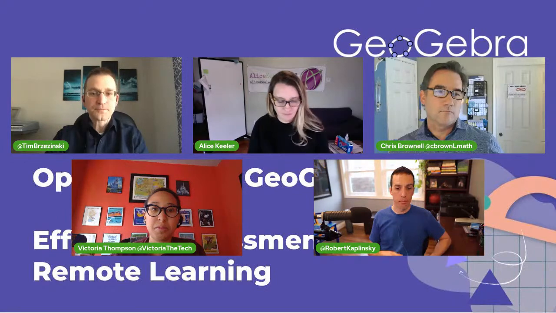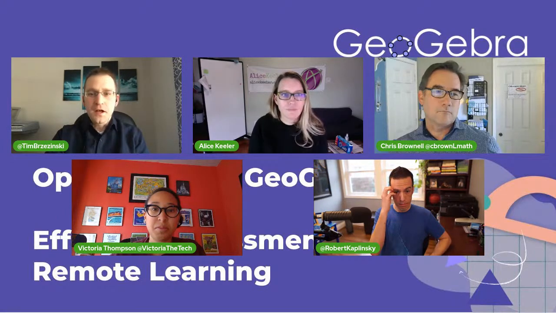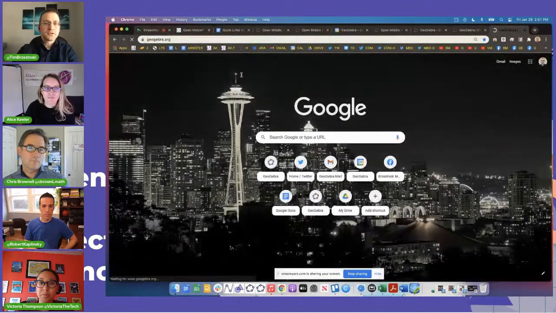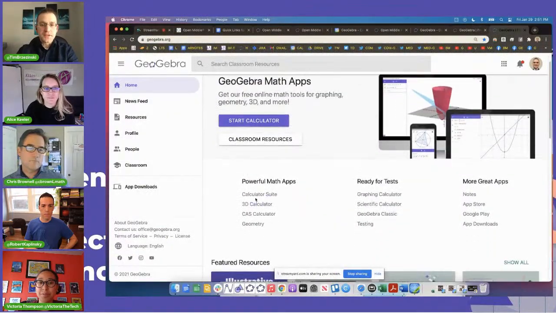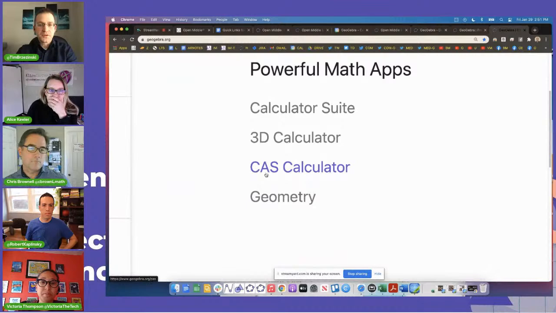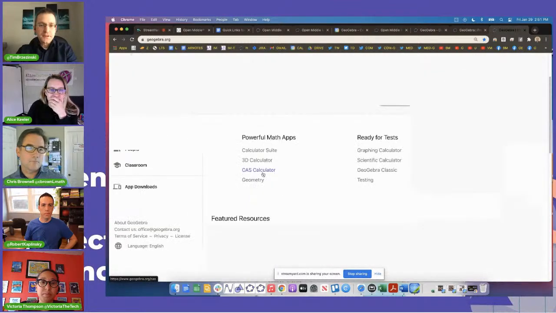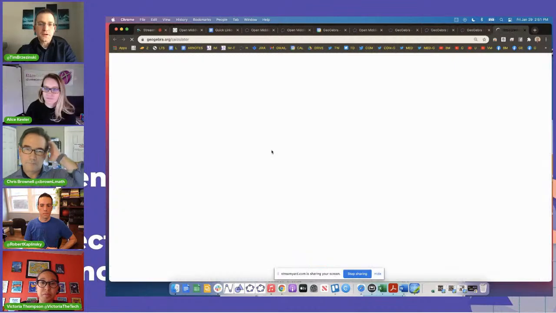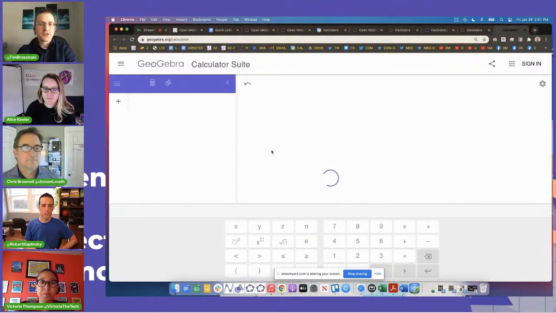But just to show you, before we close, what Robert and Alice were talking about here: when you go to GeoGebra's main site, geogebra.org, you see all these apps here. You see Calculator Suite, 3D Calculator, CAS, a computer algebra system, right? That will literally solve equations for you, which is forbidden by so many state departments of education here in the United States. But if you go to Europe, where GeoGebra is based out of Austria,